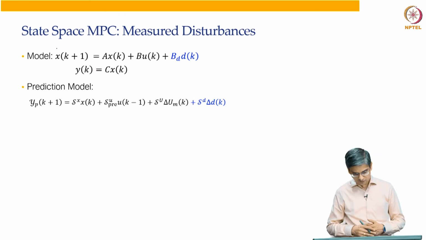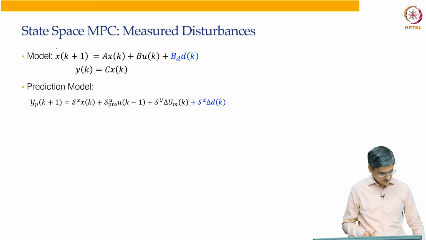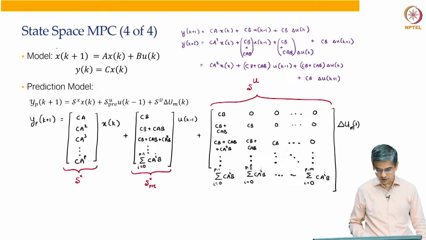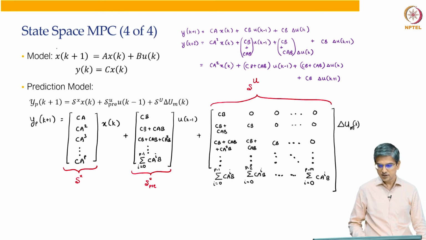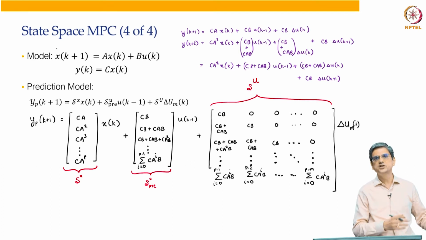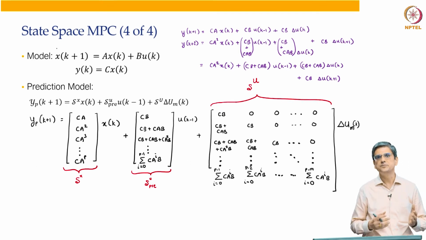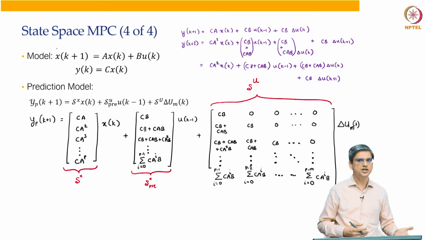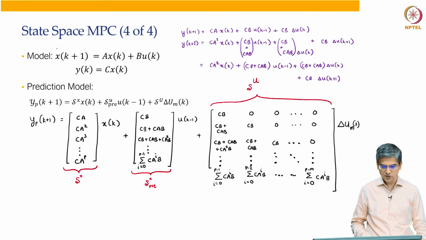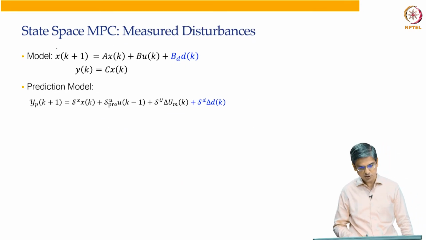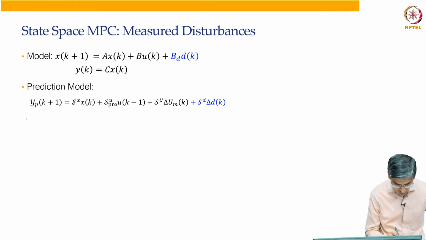So, now when you have the model in that form, what do we do? Now, we want to build the overall structure in exactly the form that we covered in the previous video. Okay. Now, what is the difference between U and D? The primary difference between U and D is U can be manipulated, D is not manipulated, it is just a measured variable. So, it follows the same structure, and the structure that it is going to follow is that Yp